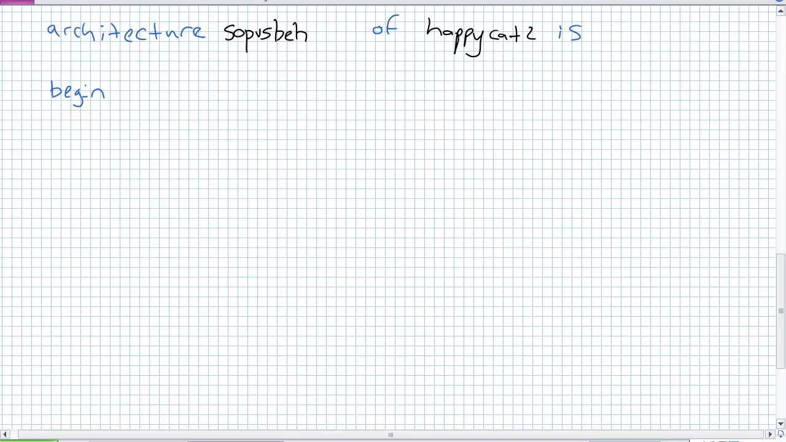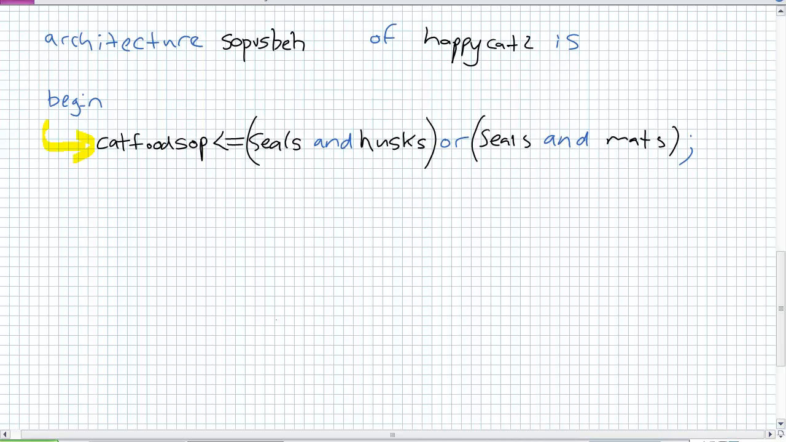And where are we going to write it? I would probably write it in here. Okay, go ahead and give it a shot. And there you go. Cat food SOP is assigned parentheses seals and husks close parentheses or parentheses seals and mats parentheses semicolon. Okay, by the way, over here is architecture. I'm calling it SOP versus behavioral of HappyCat2 because basically what I'm going to do is now come up